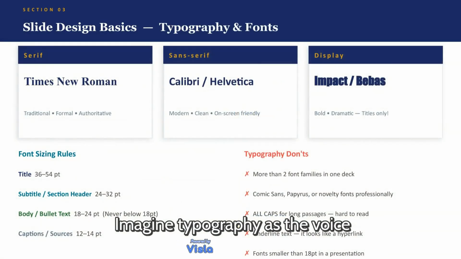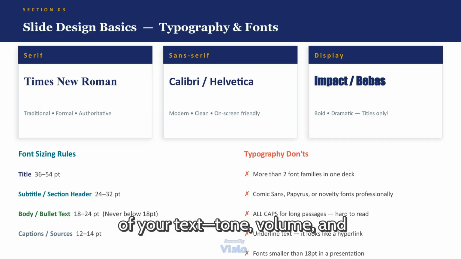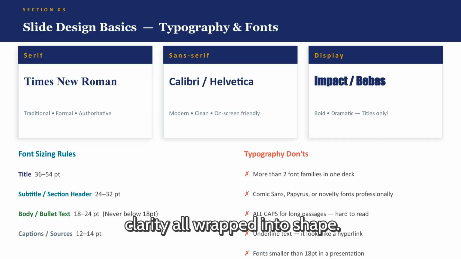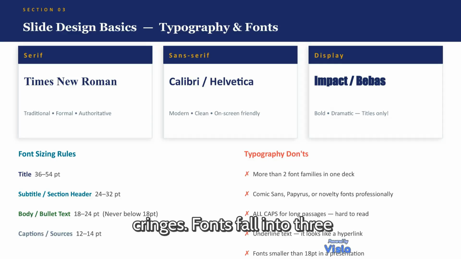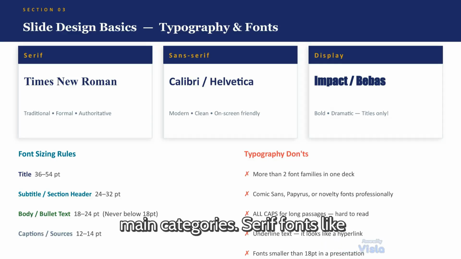Imagine typography as the voice of your text. Tone, volume, and clarity all wrapped into shape. When it's right, no one notices. When it's wrong, the audience cringes. Fonts fall into 3 main categories: